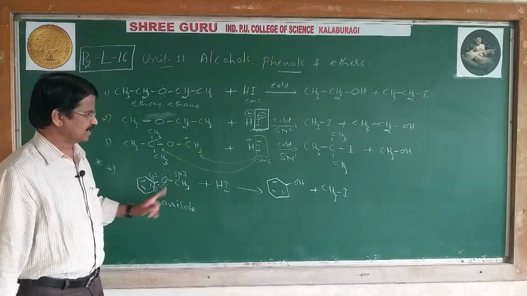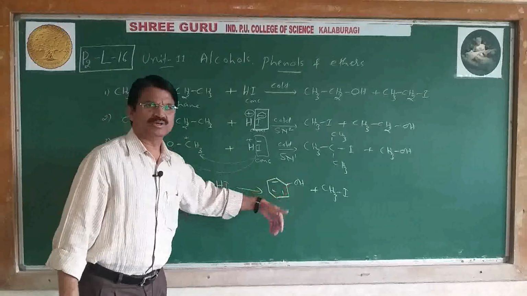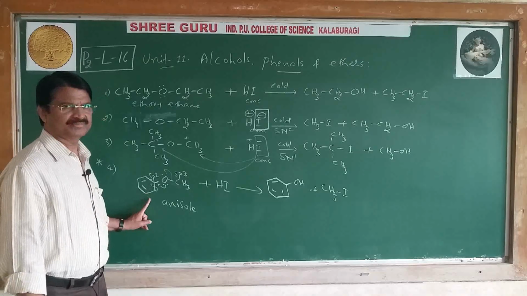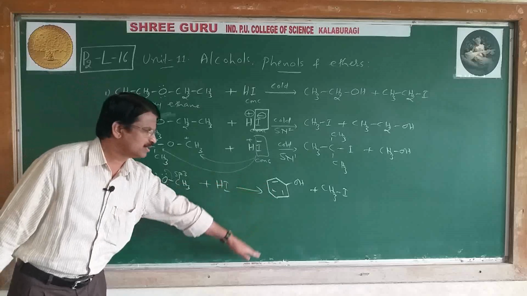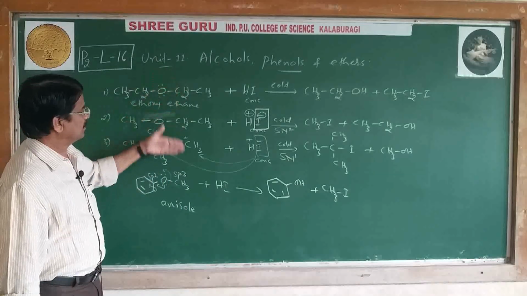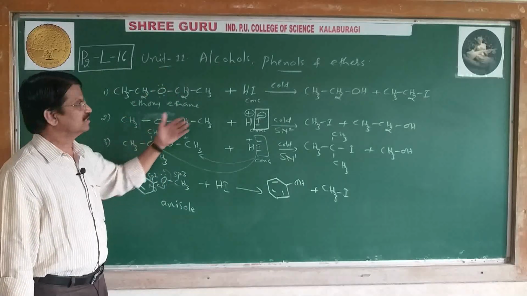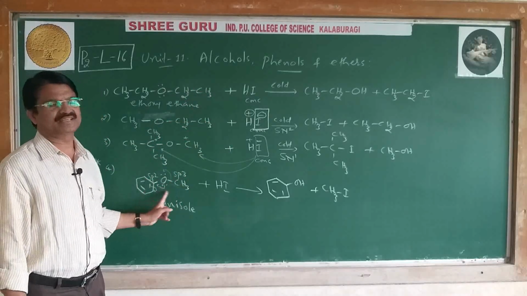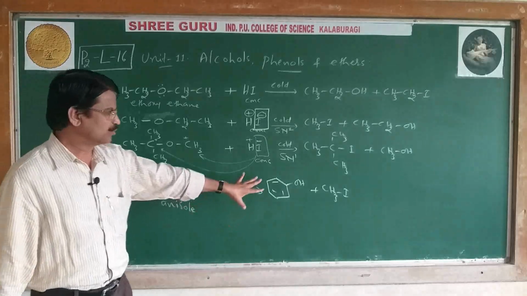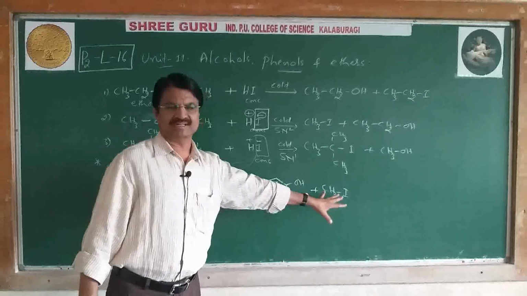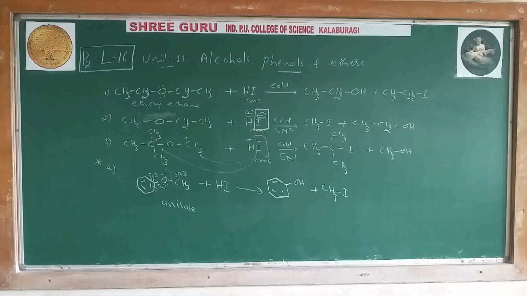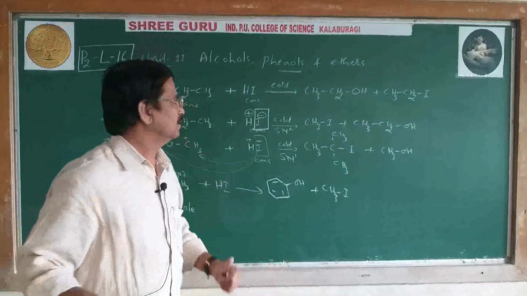So I'll repeat this one once again. Why are you getting only phenol? Why not another compound? In the case of anisole, only phenol is obtained. Further, it is not converted into another compound. But in aliphatic ethers, what happens if you take excess HI? Here, even if you take excess HI, you don't get another product. You get only phenol and alkyl iodide. Phenol and alkyl iodide. Okay.